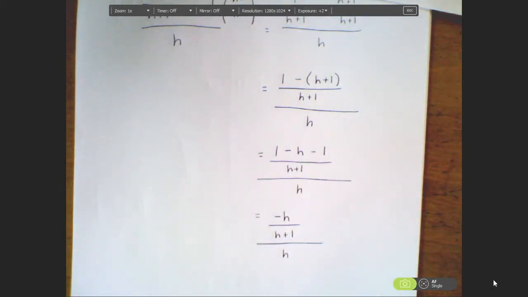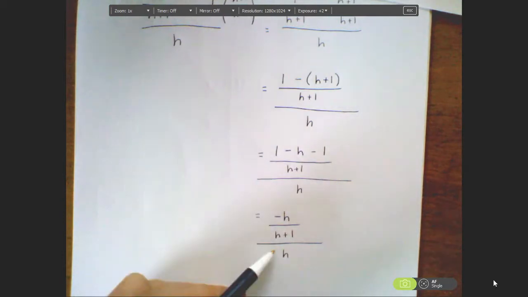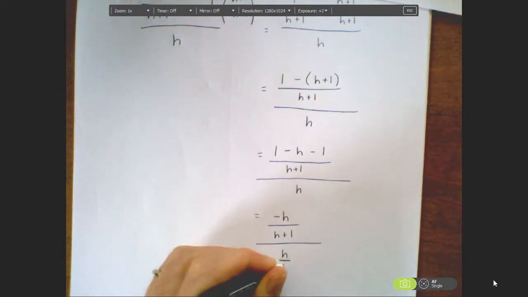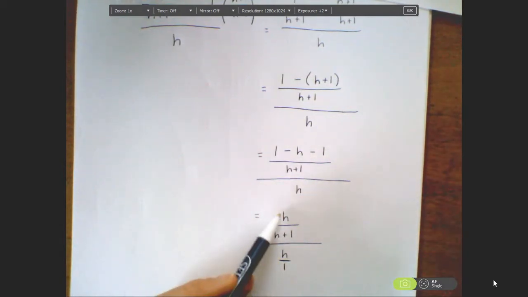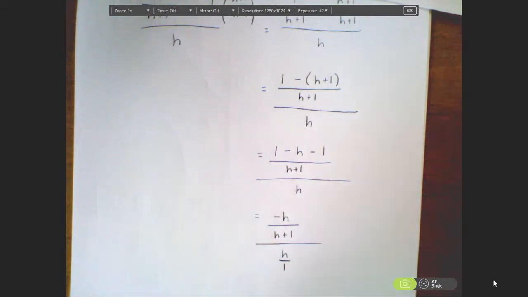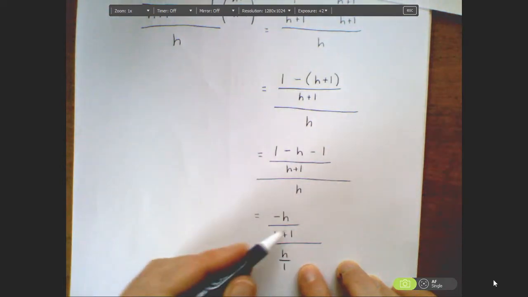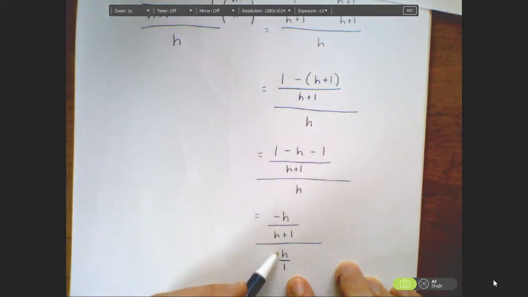It's still not great because I still have a fraction divided by a fraction. I want to get rid of this h on the bottom. For some of you, you might want to think of this as an h over 1, and this is the division of fractions, and you have memorized the rule of inverting and multiplying. It's a rule that I hate because it doesn't intellectually make sense why I would want to invert and multiply anything. So instead, I'm going to think of this as a division of fractions, and I want to make the